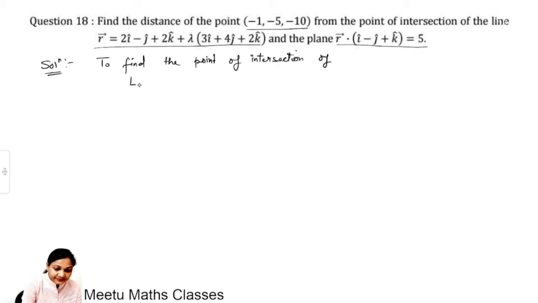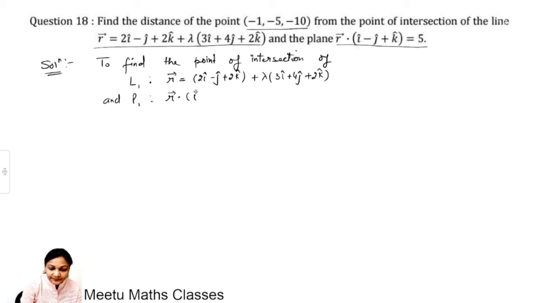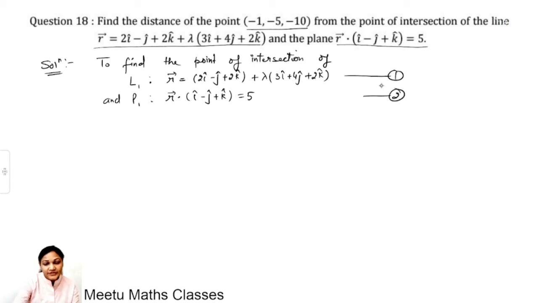of this line, that is line 1, r is equal to 2i minus j plus 2k plus lambda times (3i plus 4j plus 2k), and this plane, your given plane is r dot (i minus j plus k) is equal to 5. To find out the point of intersection of this line and this plane, first of all